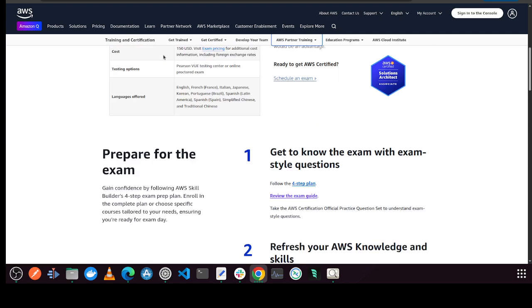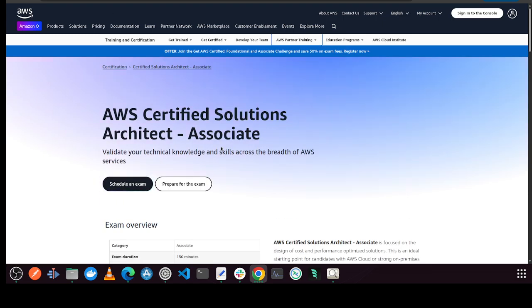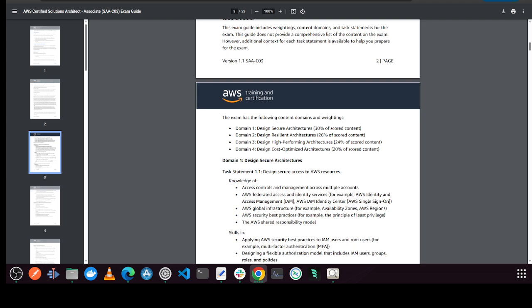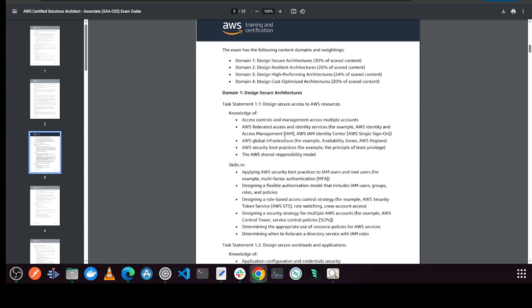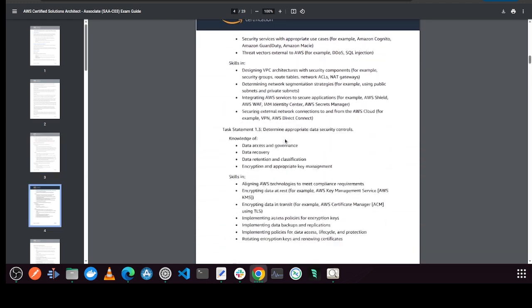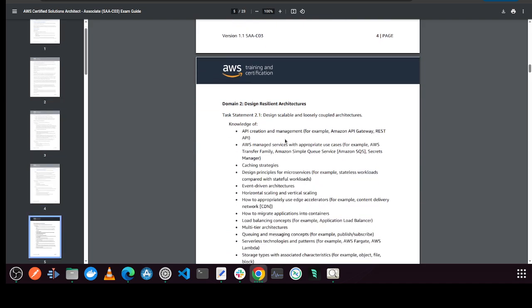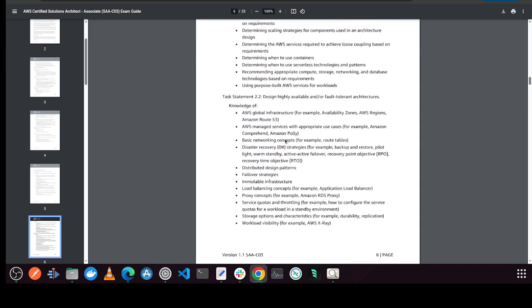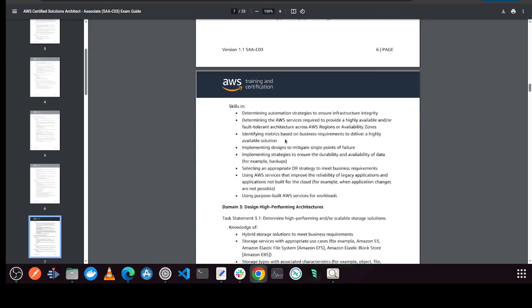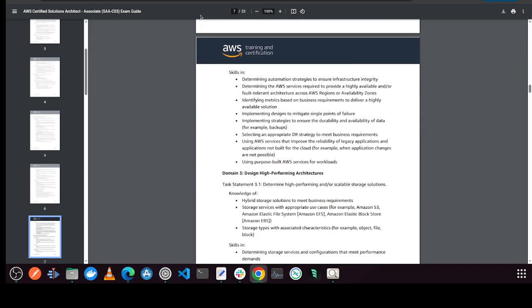The one disclaimer about these certifications is that it doesn't guarantee you a job, but basically it validates that you have an understanding, so someone can take a chance on you. Also, the knowledge that you gain is also invaluable if you can apply it. So basically here they go through the different things that you'll study. It's quite rigorous, and then you are able to look through and understand what you're supposed to get.